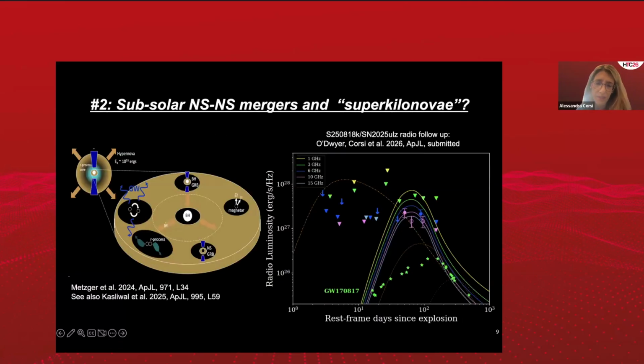This is the prototype case that I mentioned, the typical binary neutron star merger. It has been mentioned that lately we've had some excitement about potentially new paradigms, and particularly the possibility of looking at what happens in the case of subsolar neutron stars, neutron stars with masses much smaller than the mass of our sun. It is an open theoretical question whether they can form. One of the proposed scenarios is that these very light neutron stars can form in the disk of a collapsing massive star.